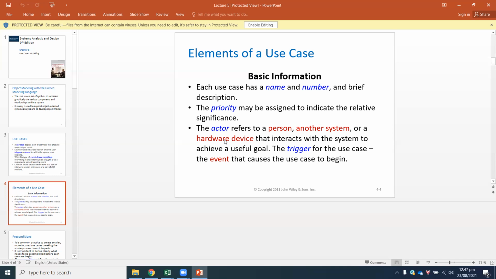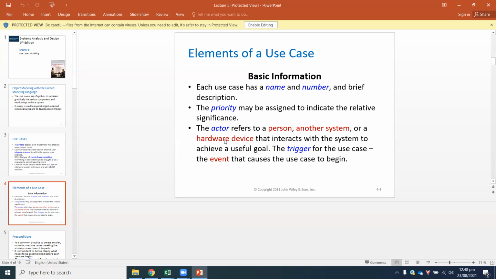So the trigger is what causes the use case to begin. The triggers are basically scenarios. For example, I have a system and I want to place an order for a product. So placing an order basically triggers the use case. Now you'll get to know more about it, or you'll get more familiarized with it once we actually start drawing